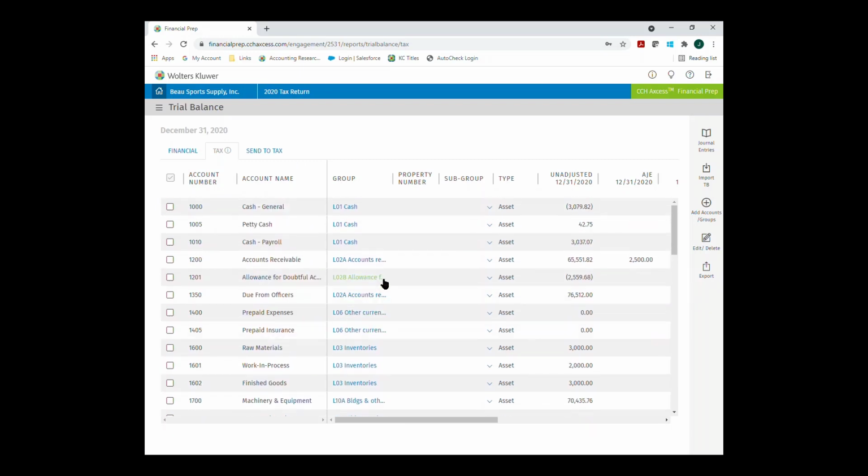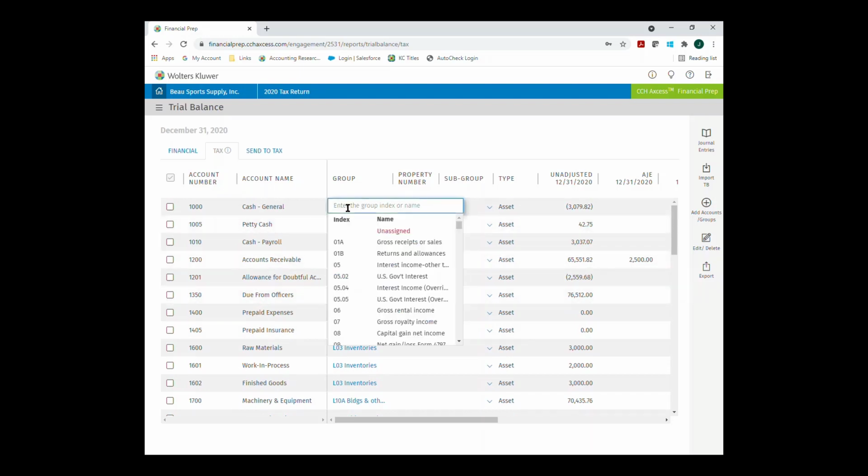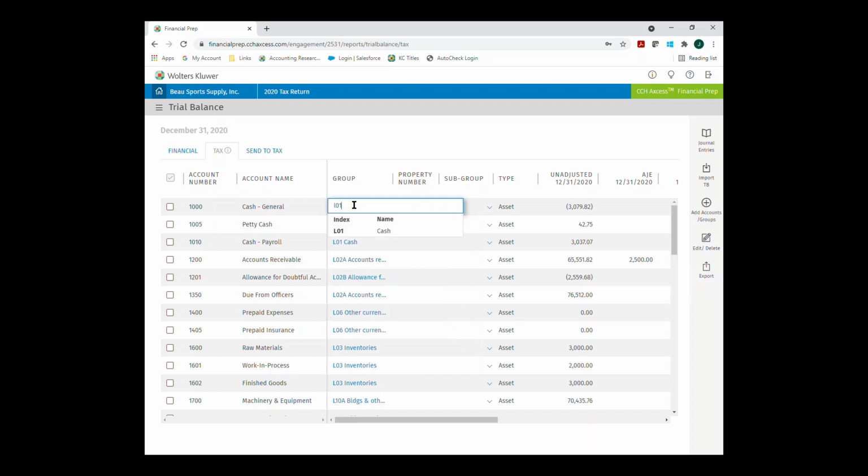Now, once I've grouped my accounts, grouping an account, you simply click there, and the groups reflect your line items on the return. In my case, if this was grouping to line 1A, I could do that, or in this case, it's the balance sheet, so L1, and it goes to cash. Really easy to do that. You can also add subgroups if you need to break things out. And if you're dealing with rental properties, you can assign property numbers so that everything's flowing to the correct place